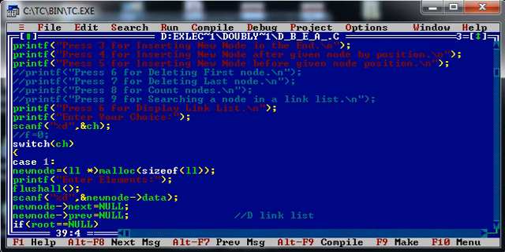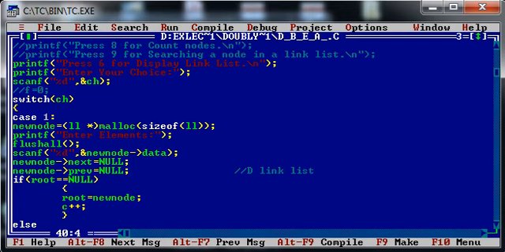And then I will check whether the root node contains the address of any node or not. If it is null, then we can say the linked list is not available. So what we have to do now is consider whatever new node we have just created as the starting point of the doubly linked list.